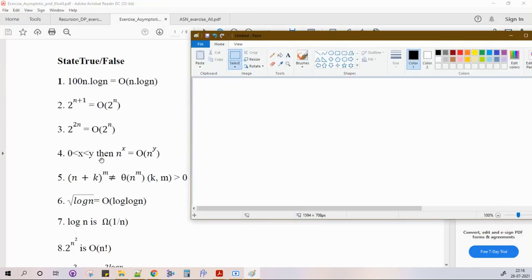Let's take one more example. Mayur, one minute. Mayur, before you go ahead with the next example, for example number three, can you just take log on both sides and solve it? We can definitely discuss the answer. Why not?